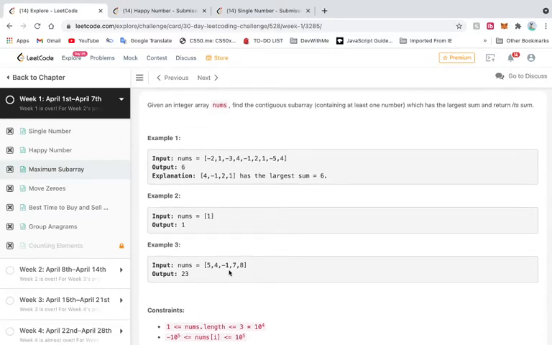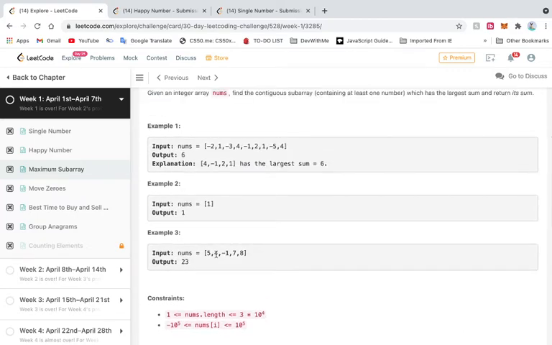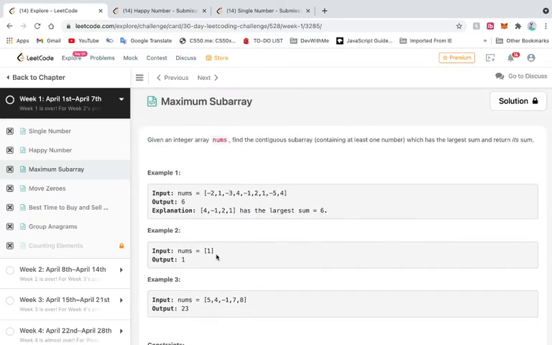Let me see if I can think about a solution as we can take. All right. That's the largest sum equals 6. Okay, so